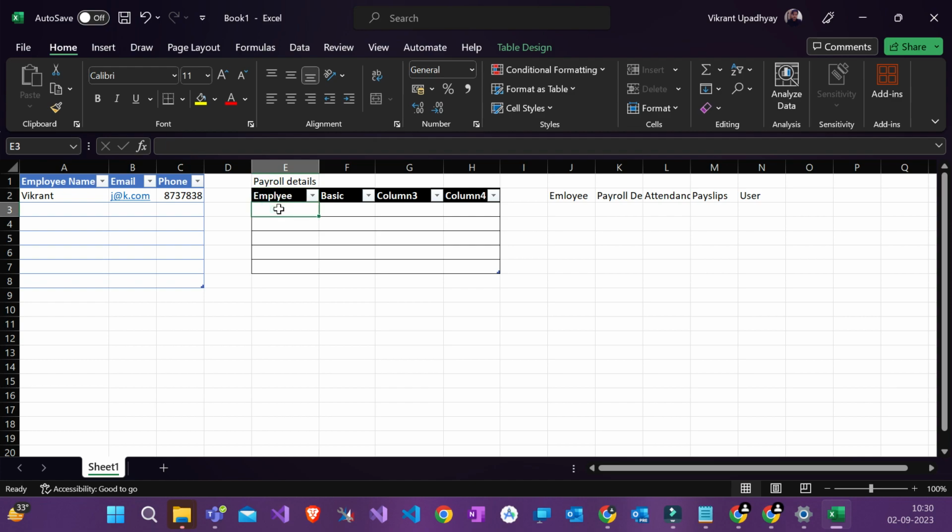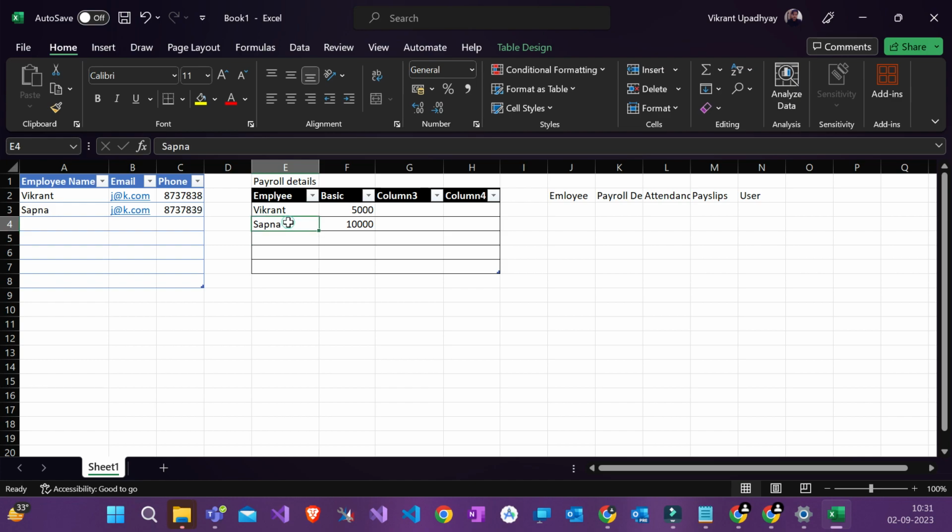Okay, which employee? I entered the first row, I wrote 5,000 basic here, right? For whom is the basic 5,000? For Vikrant, right? So imagine you are also there and your name is Sapna and your email is the same, this is hypothetical, so let it be. Now for Sapna, what is Sapna's basic? Again 10,000. Okay, your basic is 10,000.